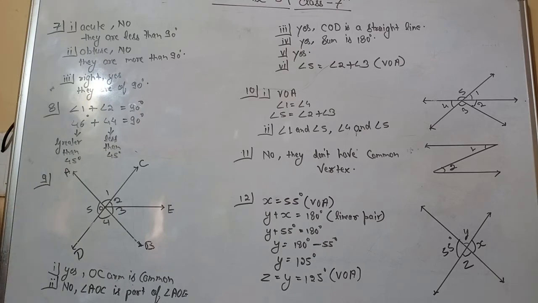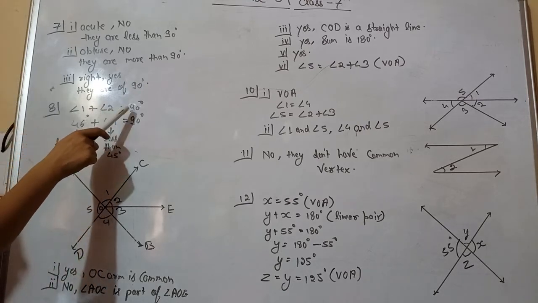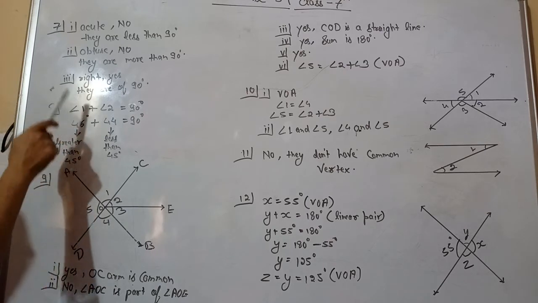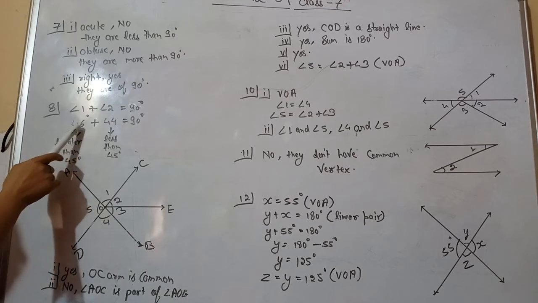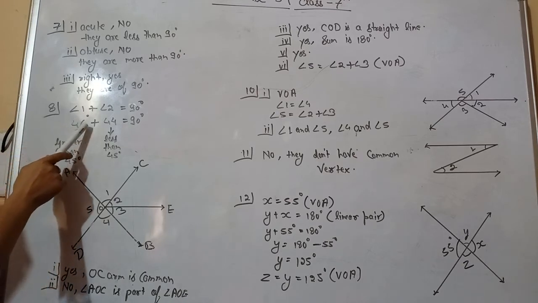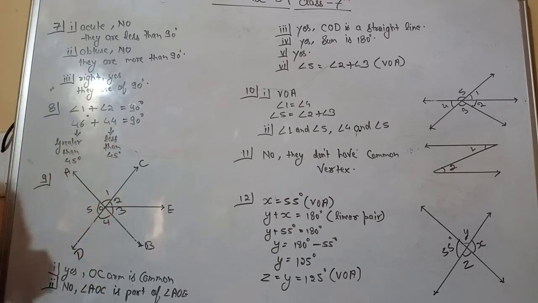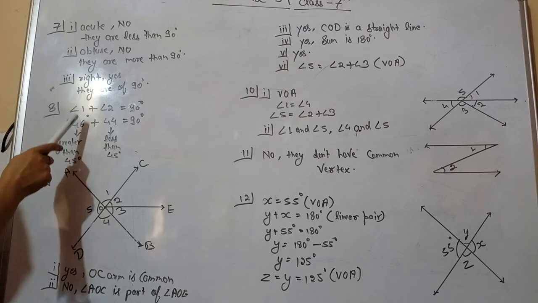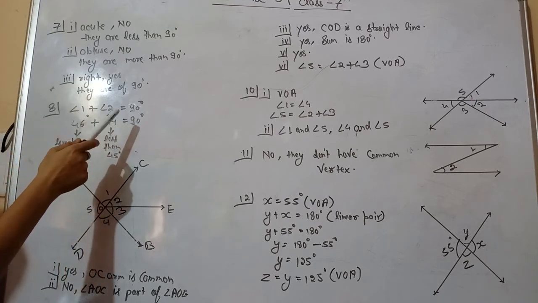Now question number 8. If an angle is greater than 45, is its complementary angle greater than 45, equal to 45, or less than 45? Okay, now see here. What we know about complementary angles is that the sum of the two angles is equal to 90 degrees. Here it is given that the first angle is more than 45 degrees. So I have taken more than 45, which is 46. If this is 46, this angle has to be 44 to make it 90. So we can easily conclude that if one angle is greater than 45, then its complementary angle should be less than 45 to make it a complementary pair.